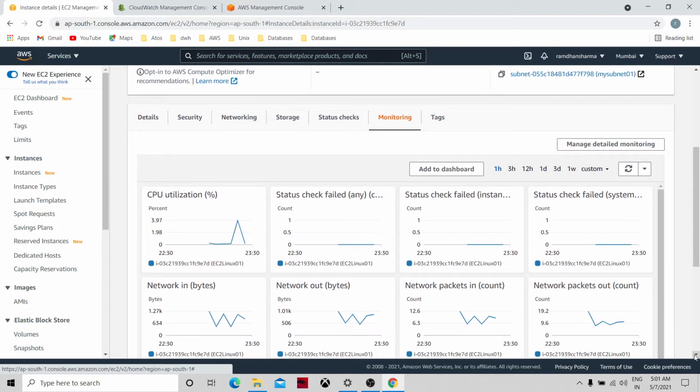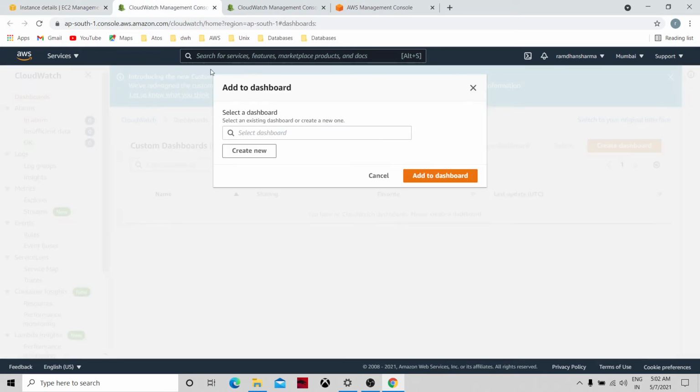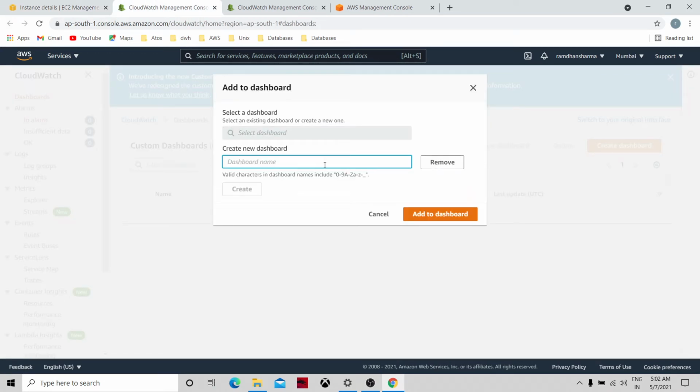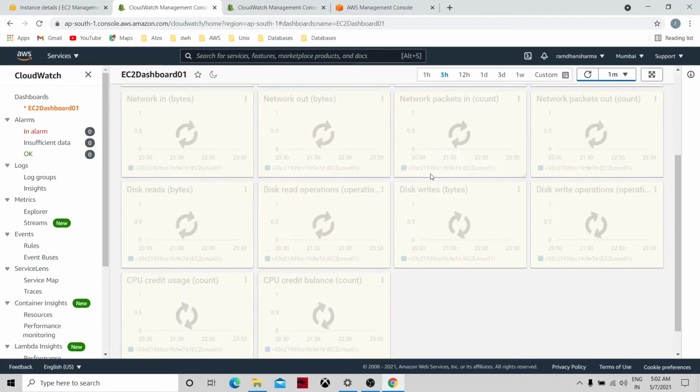I will create one dashboard. Let's go to Add to dashboard. I have to create the dashboard, so let me give it a name, EC2 dashboard 01. Click on create, add to the dashboard.